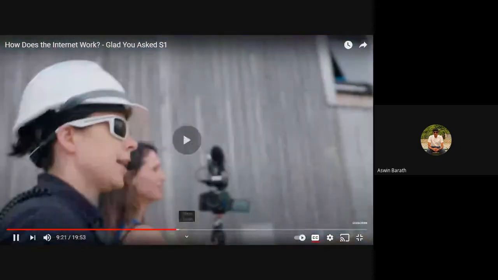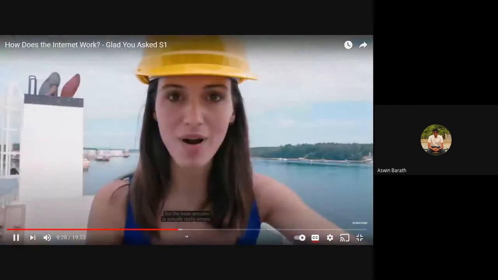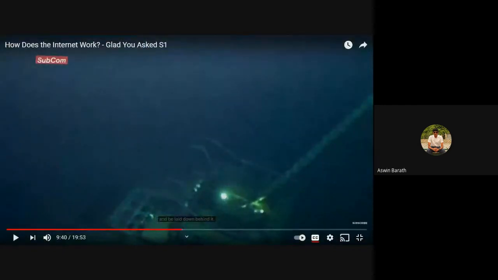Okay, so what they do is they use this ship so that they can install the submarine cables under the sea floor. Okay, and they'll show you the basic problem and a submarine cable of this kind. So what this device will do, it will install the submarine cable underneath the sea floor.